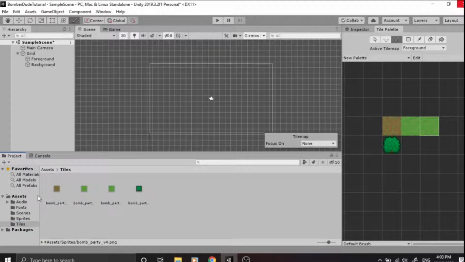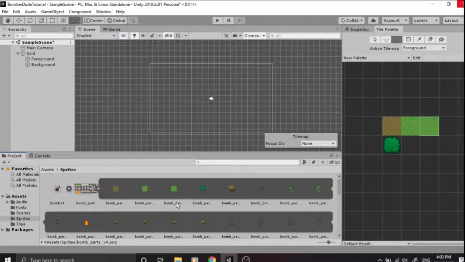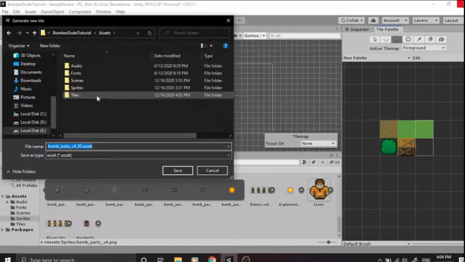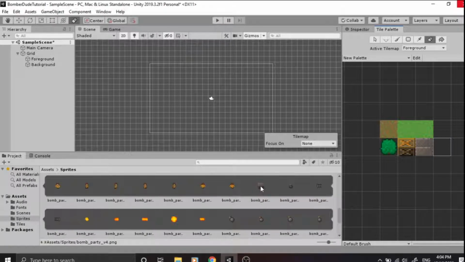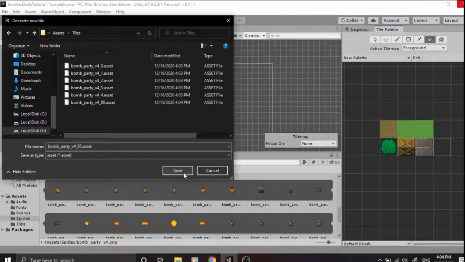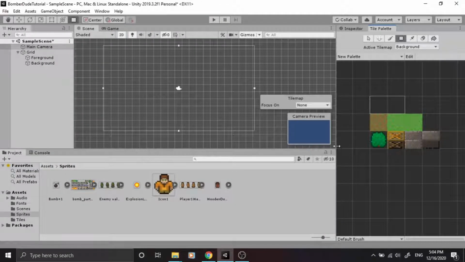So far we have 4 tiles, we need 7, so let's import the rest of the tiles. Now that we are done creating our tiles, let's look at how to use them to create our level.